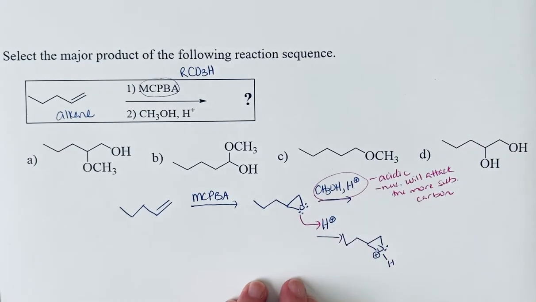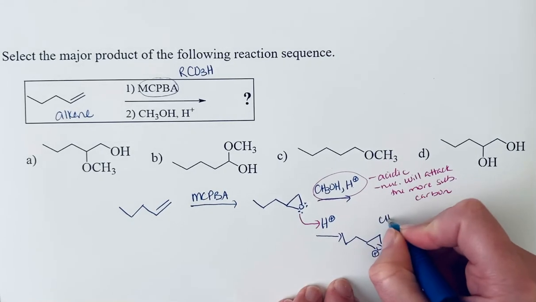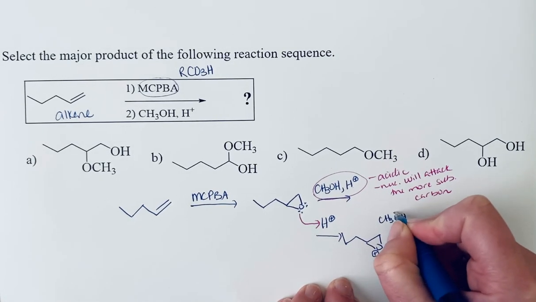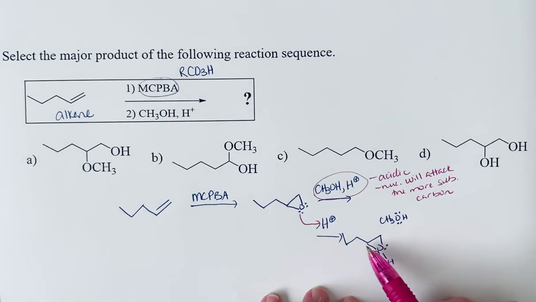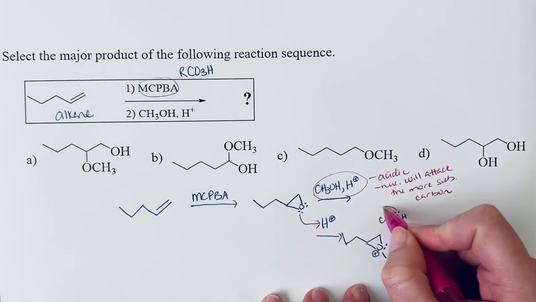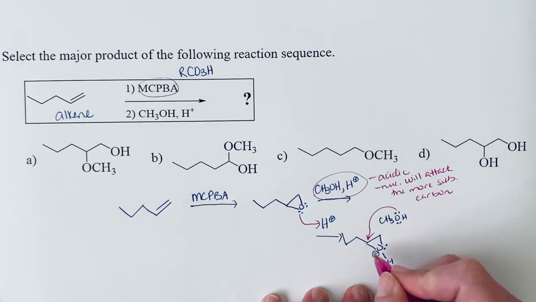So our nucleophile is methanol. So the methanol, if we draw it here, is going to attack, here's a primary carbon, this one's secondary, so it's going to attack that secondary carbon,